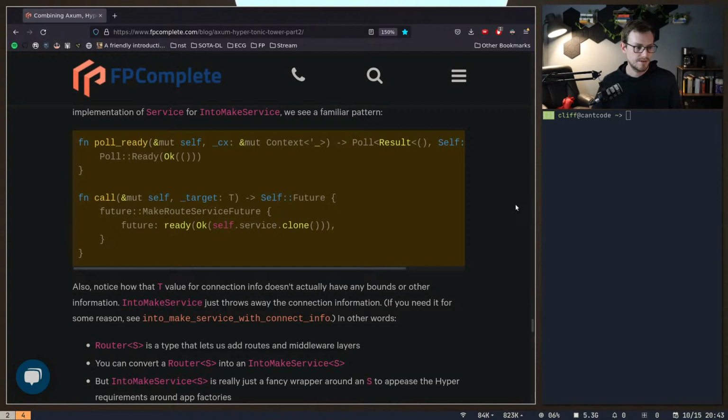Also notice how that T value for connection info doesn't actually have any bounds or other information. IntoMakeService just throws away the connection information. If you need it for some reason, see into_make_service_with_connect_info. In other words,